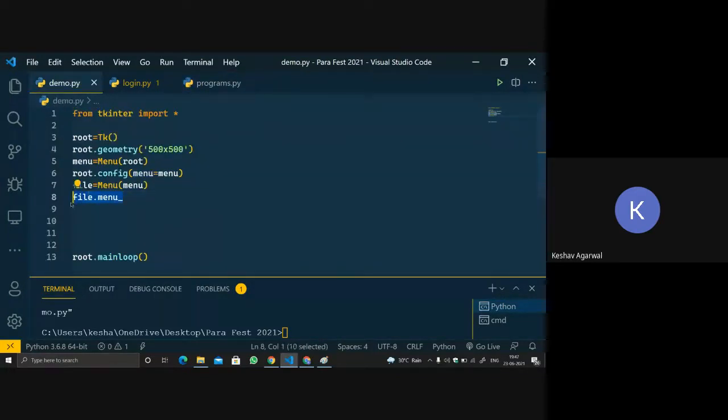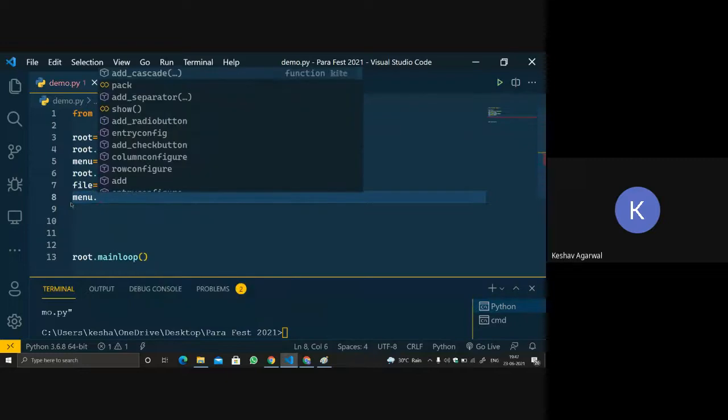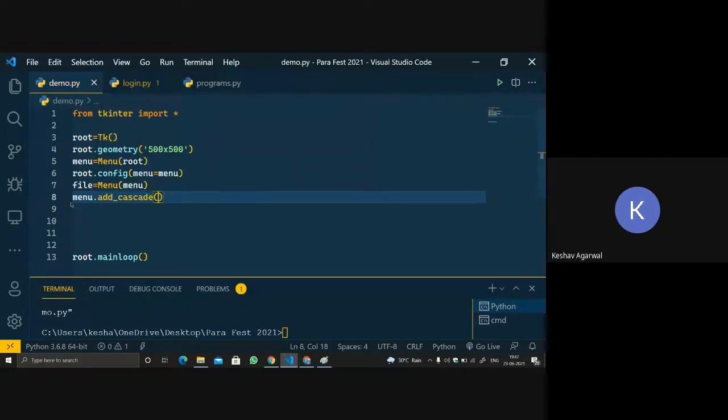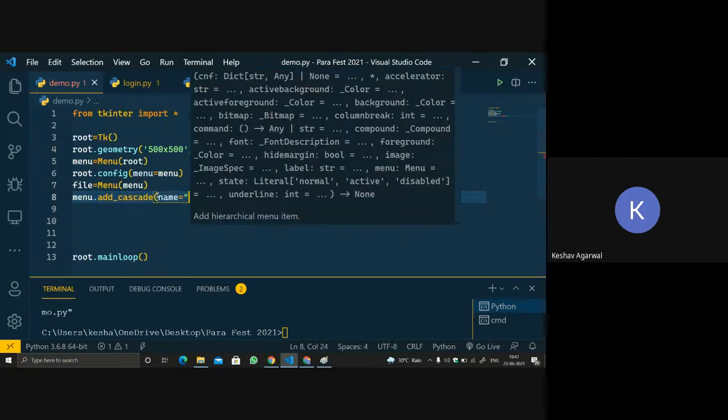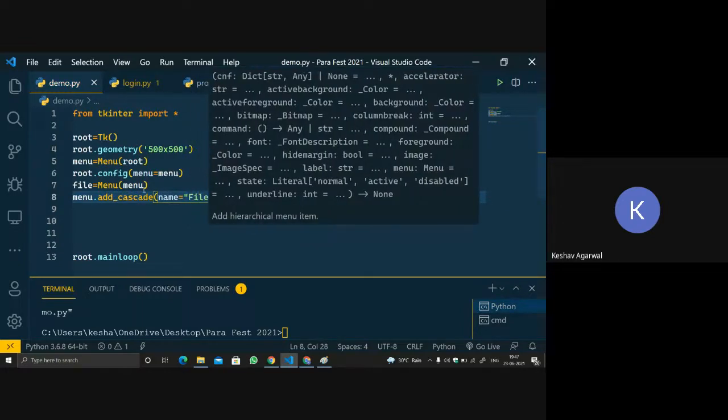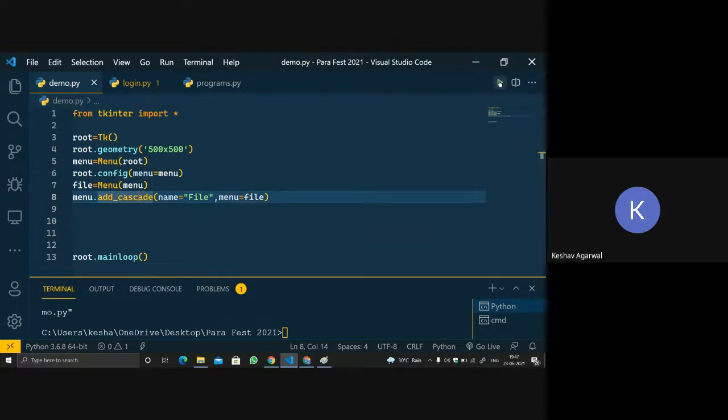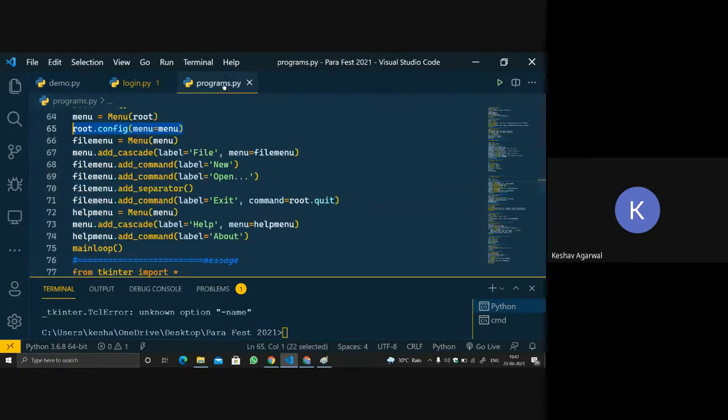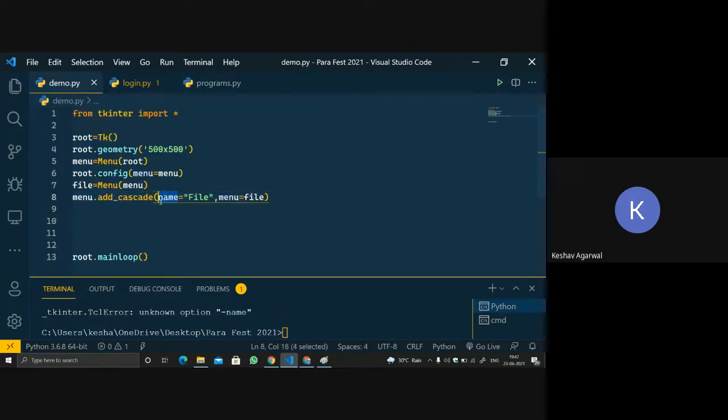So do menu dot add cascade, menu is equal to file. Now let's run the code once and see if it is working. Unknown option name. Oh, it's label, not name. Sorry, it's label.